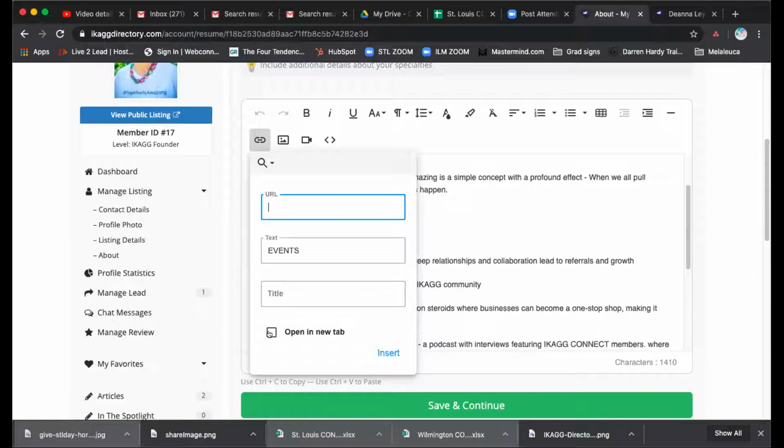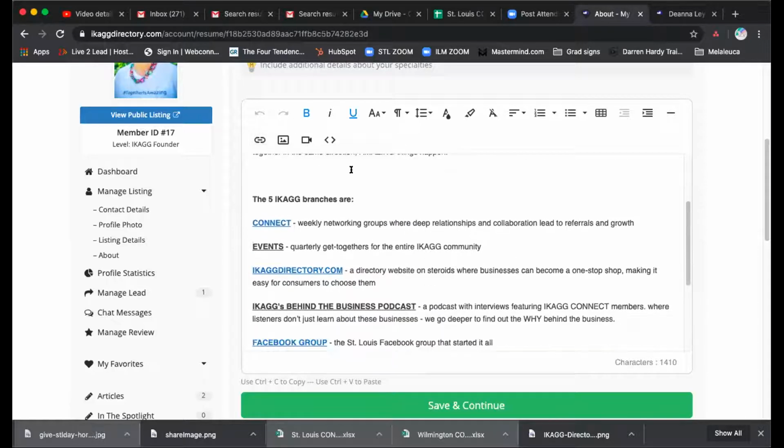Do not click open in a new tab, because when you click open in a new tab, that means that it's taking people out of your profile and onto a different platform. You don't want to do that. You want to keep people in your profile. So like all of these are hyperlinked. Once you hyperlink something, you can change the style of it, you can edit it. But like this one right here